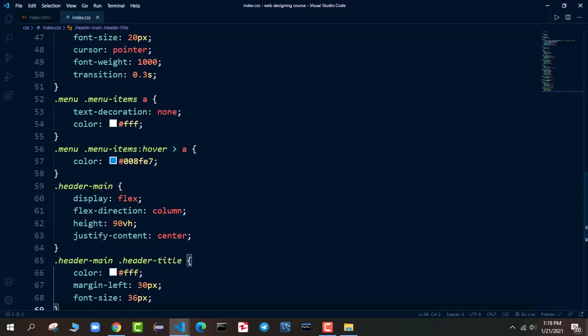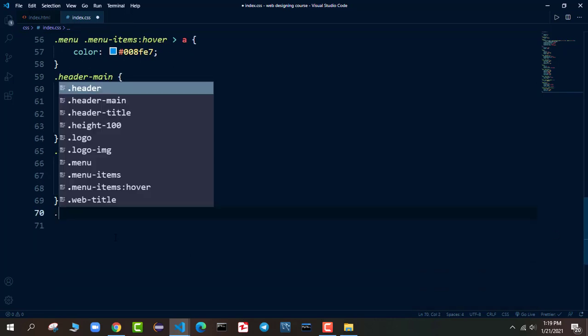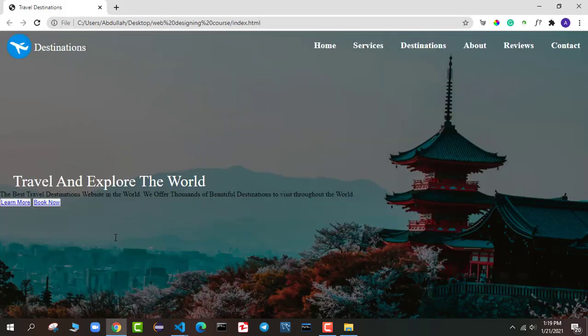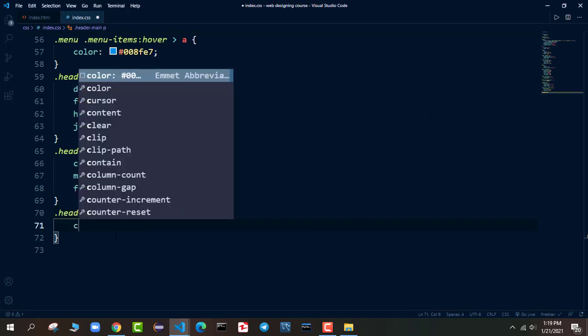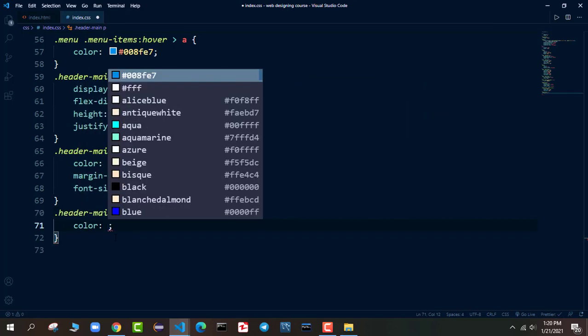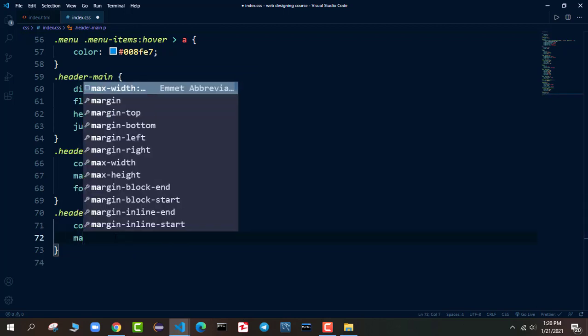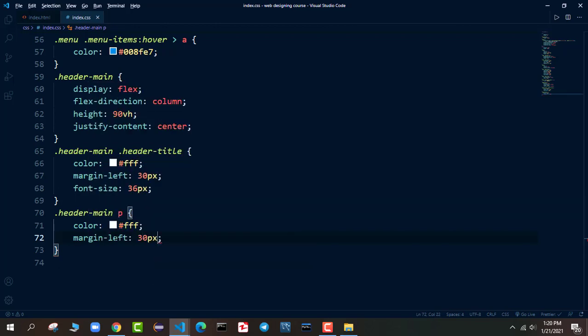I will go down and style the paragraph that we have after the header title. So I will say dot header main. In the header main we have a p tag, so target that one. We want the color of the p tag to be white, so we say color hash FFF. We say margin left, the same 30 pixel we want to apply on them.